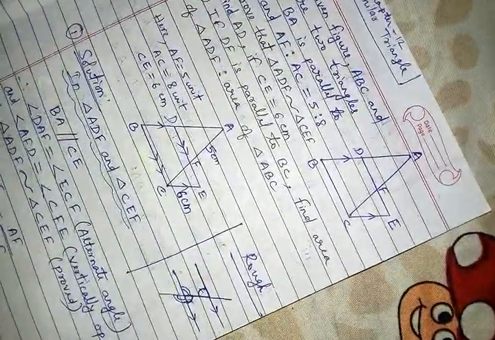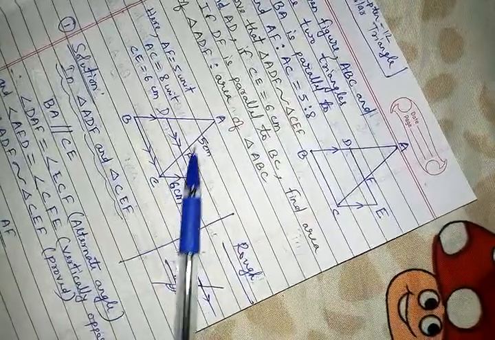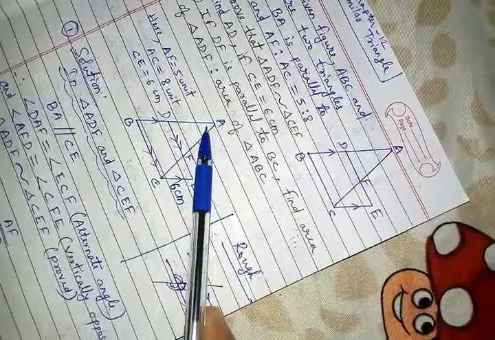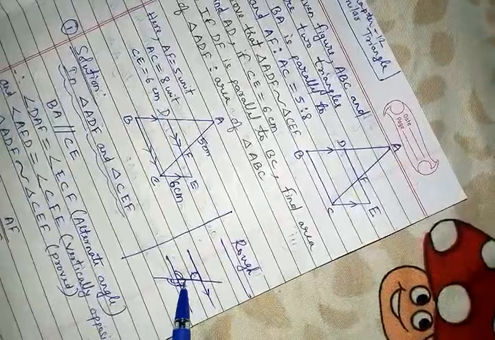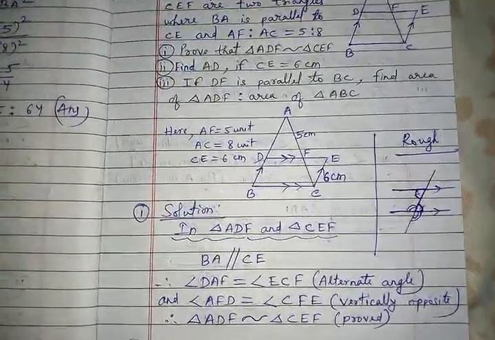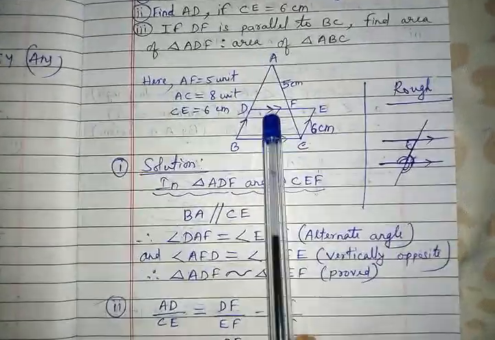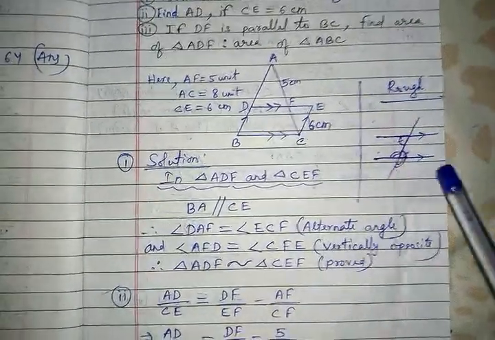Same thing you can see here. If I turn this copy and you see these two lines are parallel and think that this is a transversal, then we can say this angle is alternate to this. Just like this, this angle is alternate to this. Same way this angle is alternate to this. So in this way one pair of angles we have proved that they are alternate. And second, vertically opposite, very easy to understand. This particular angle is vertically opposite to this, just like this.